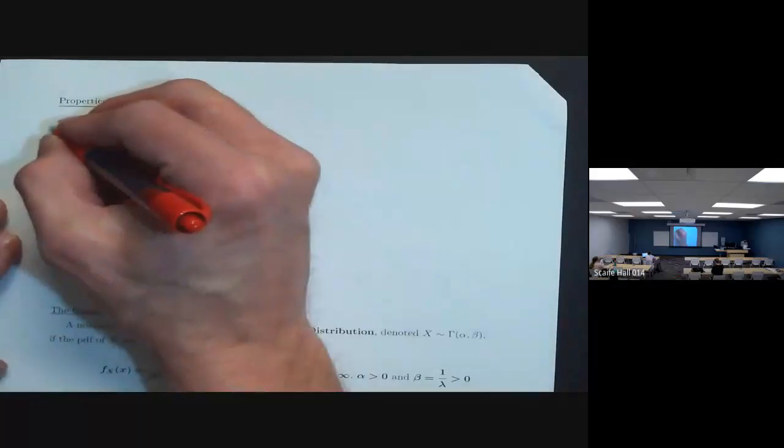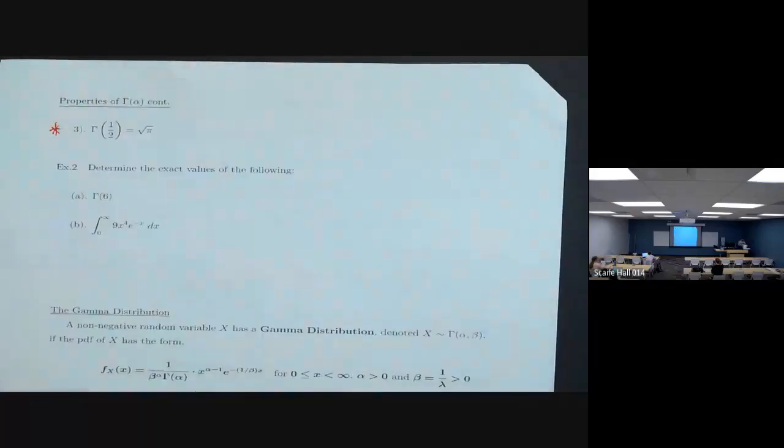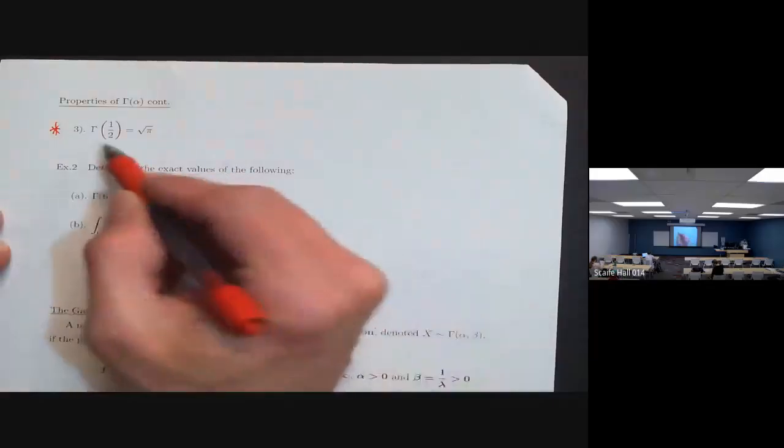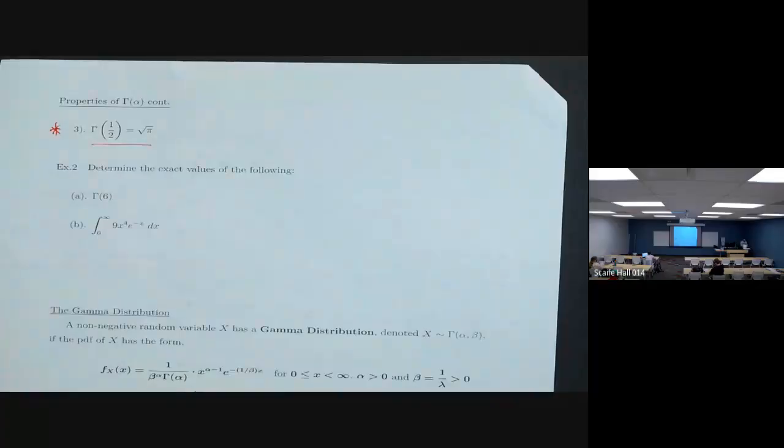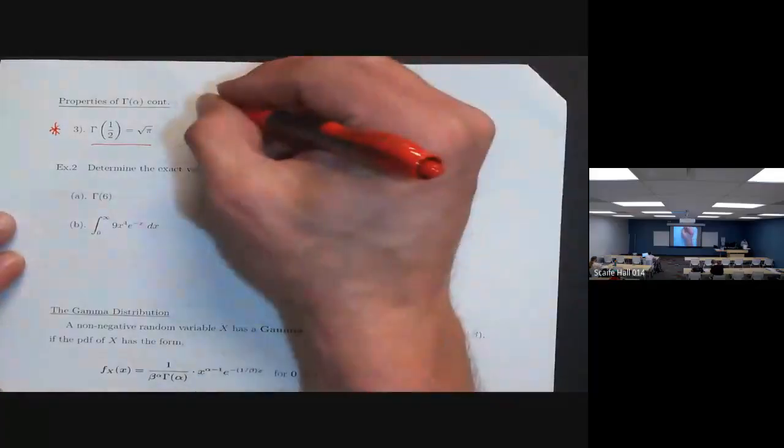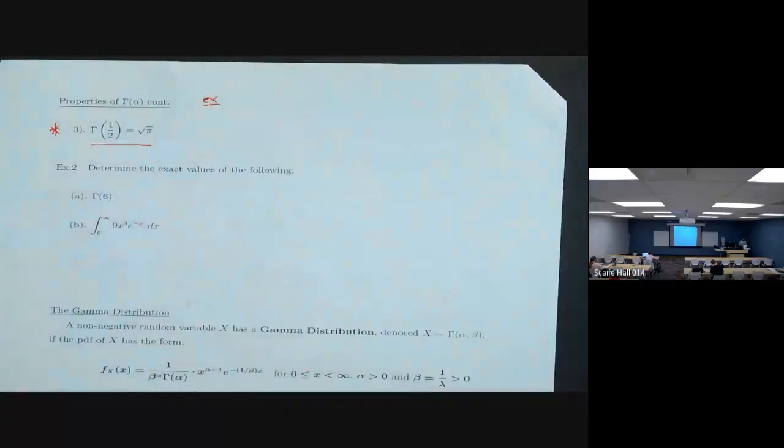I don't have time to derive this. I think it's in the book someplace. We're just going to take it and go with it. So gamma of a half: we get a special relation here. Gamma of a half comes out to be equal to the square root of pi. Now that's not something we use in and of itself, but we use it in a lot of cases